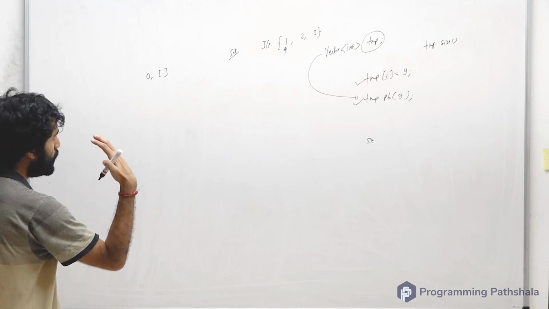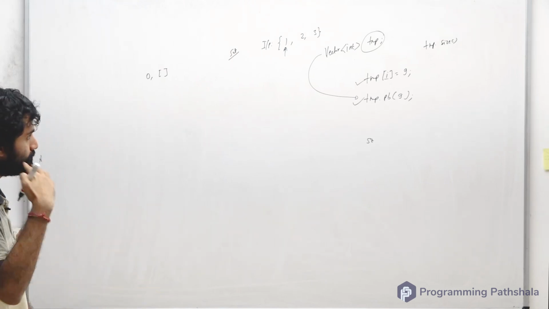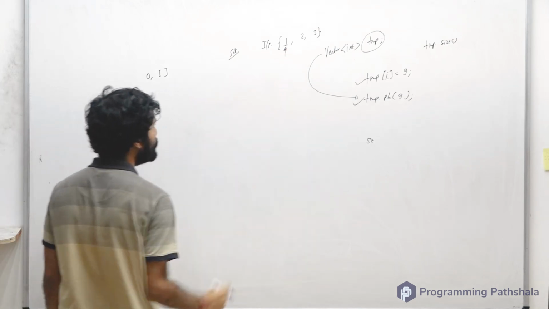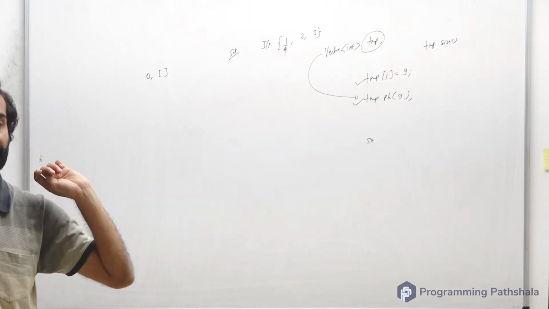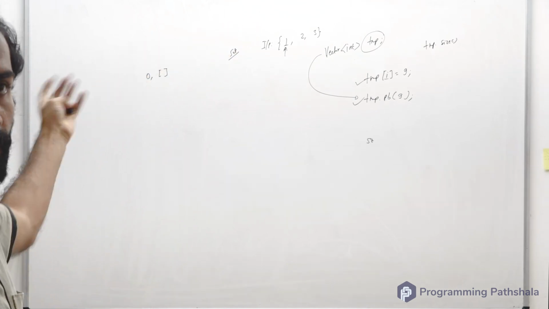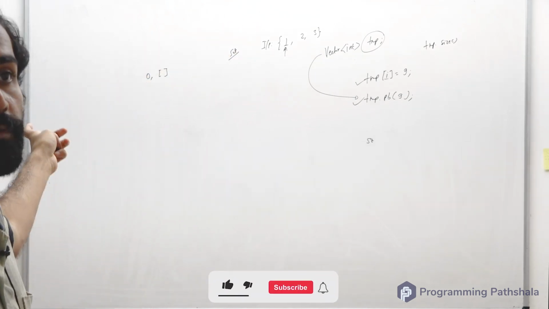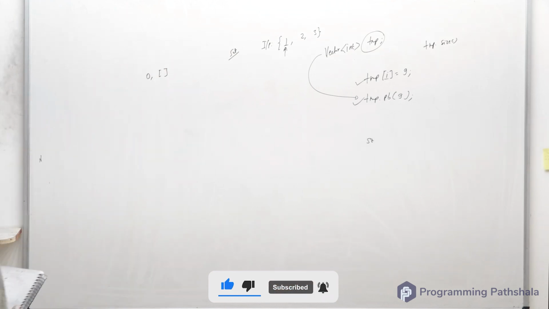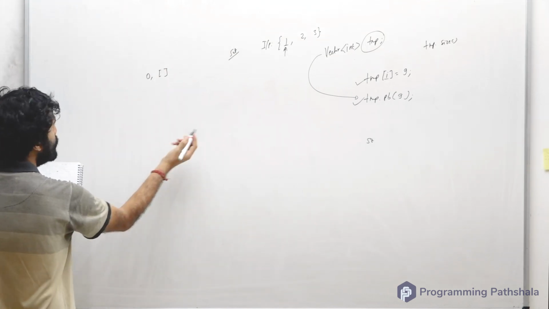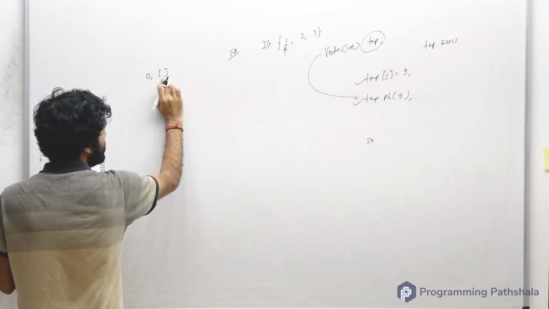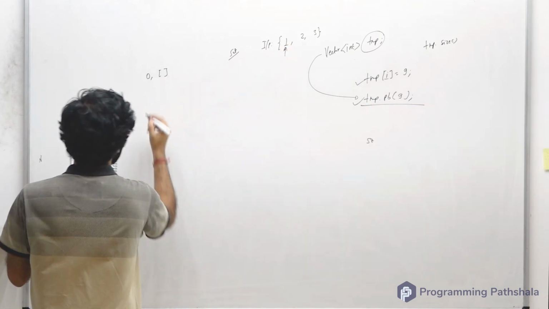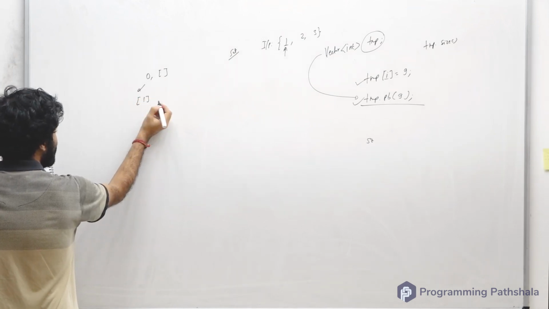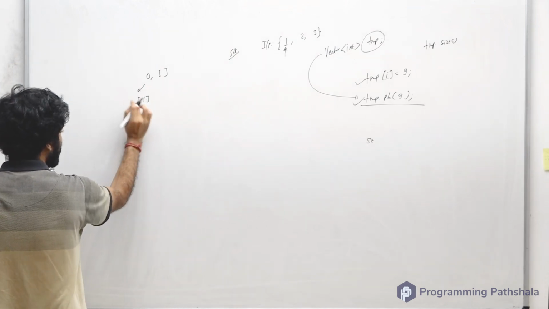So let us do it piece by piece. Initially I am at index 0, the element here is 1. How many choices do I have for that element? The elements are all distinct, so I have 2 choices. Either I can include it or exclude it. If I include it, what will you do? You will say that you want to push this thing in your vector, and for push you are going to use this thing. So if you push this, your vector will start containing 1, and then you will move on to